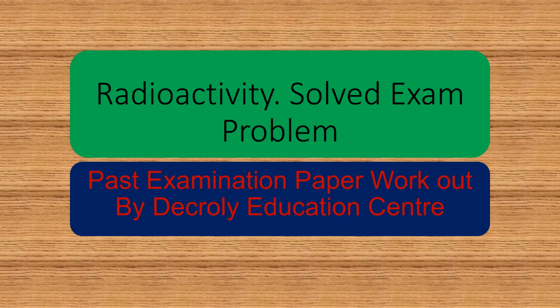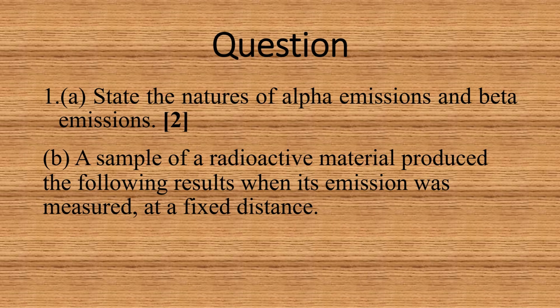Radioactivity. Past examination paper work out by Decroly Education Center. Question. A. State the natures of alpha emissions and beta emissions. 2 marks. A sample of a radioactive material produced the following results when its emission was measured at a fixed